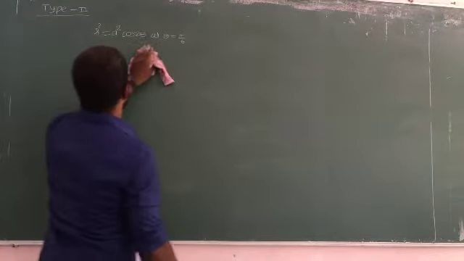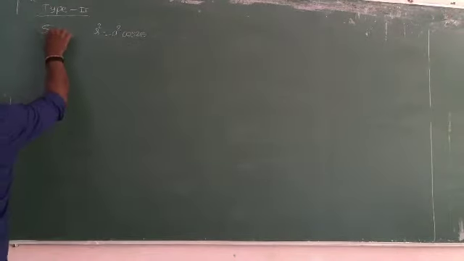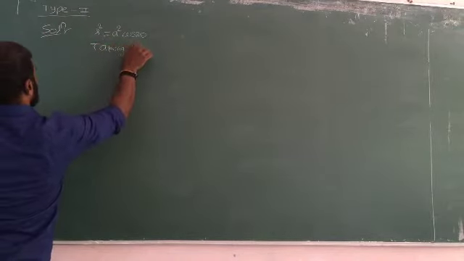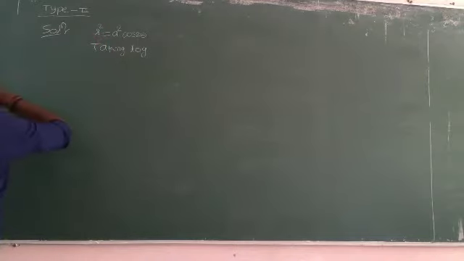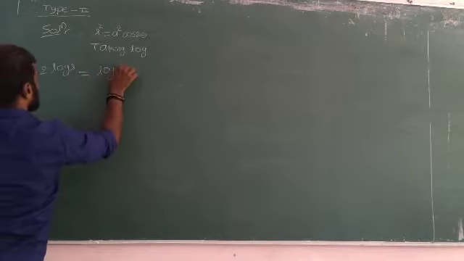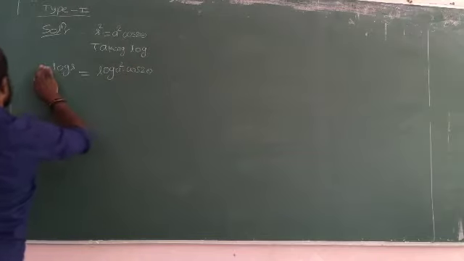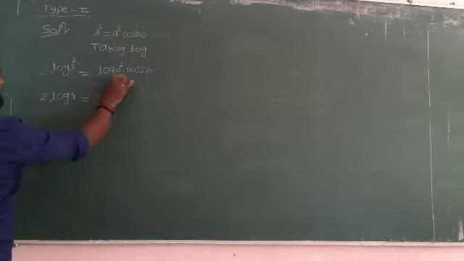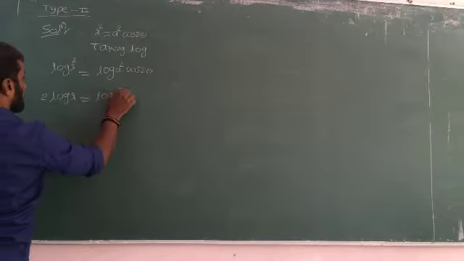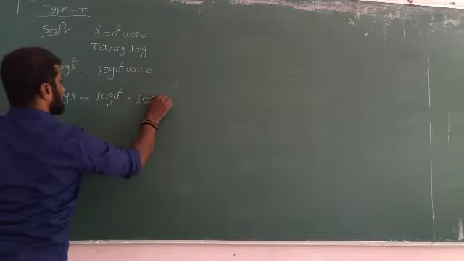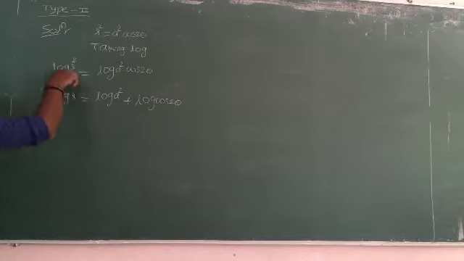Once we write the given curve, simplify it. Solution: given curve, taking log on both sides, because differentiation becomes easier. So taking log, 2 into log of r is equal to log of a square into cos of 2 theta. Use log of m into n is log m plus log n, and log m raised to n formula. So 2 log r is equal to log a square plus log of cos of 2 theta.